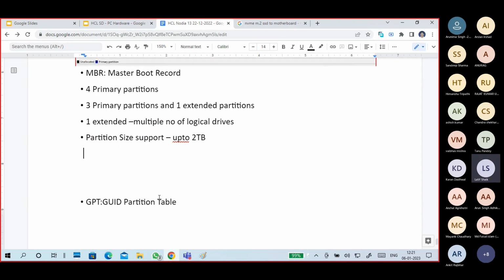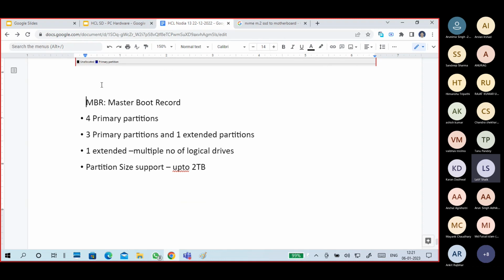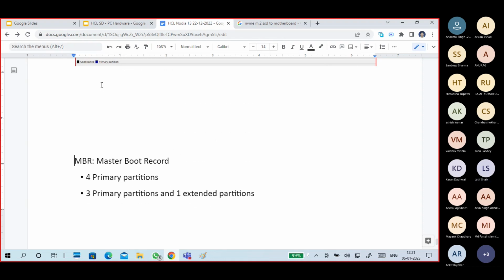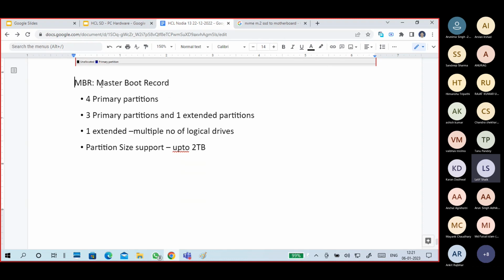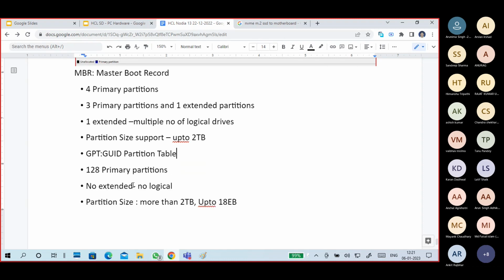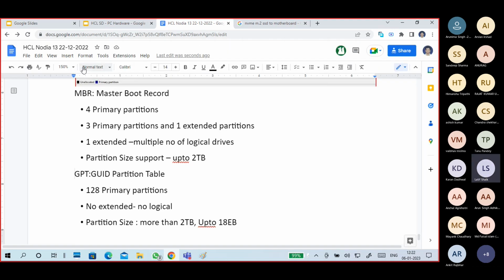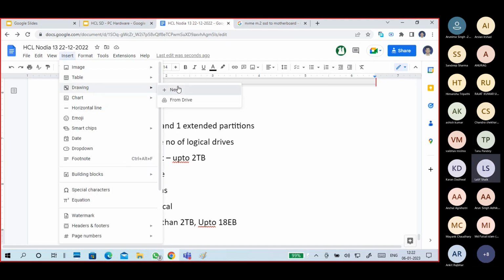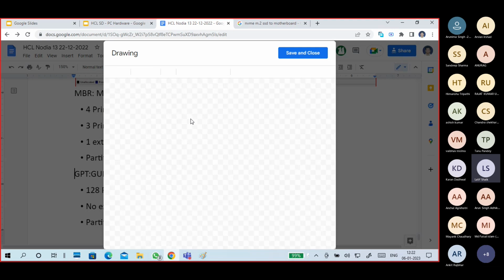Next, what is MBR and what is GPT? MBR is master boot record. Before going to that, I will try to show you one picture. Paintbrush is best, and if you don't get it from here, then I will show you in a